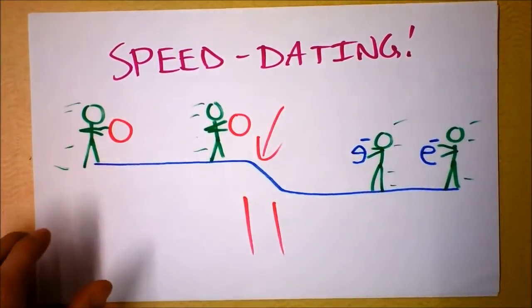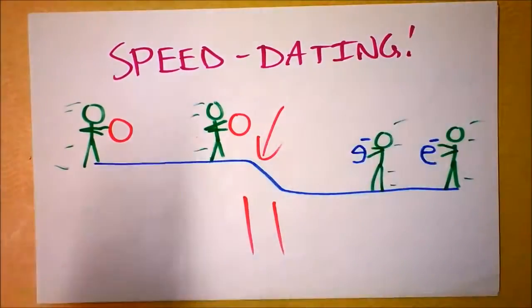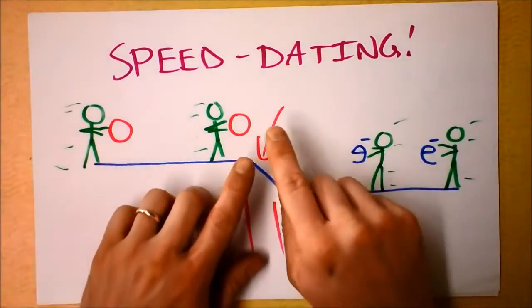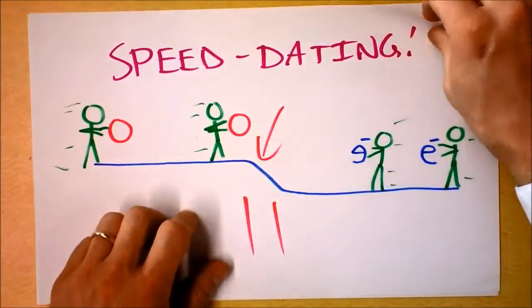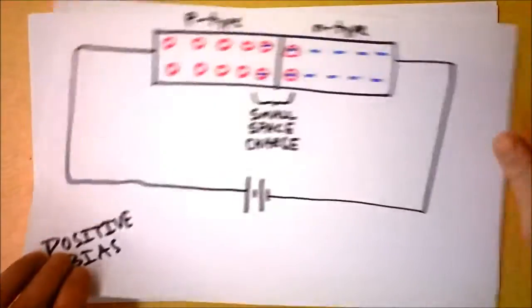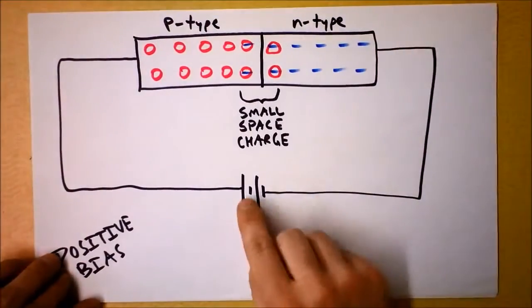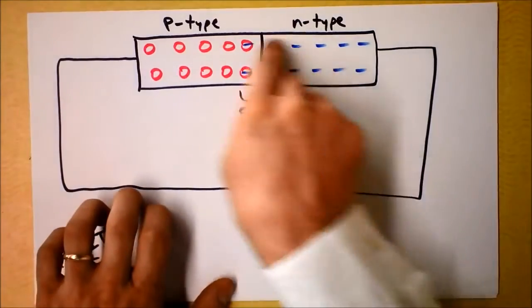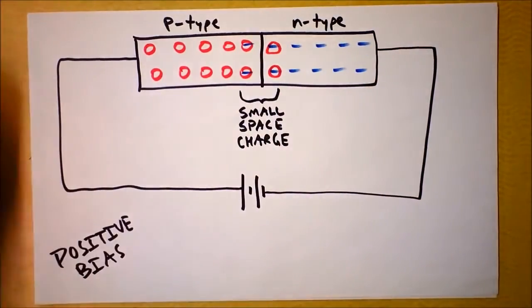When this electron and this hole combine, they let out a celebratory shot because they just met each other and they're happy. But that is light coming out. So let's see what I'm talking about in this analogy. Now we've got a battery hooked up to a PN junction, and we've got the